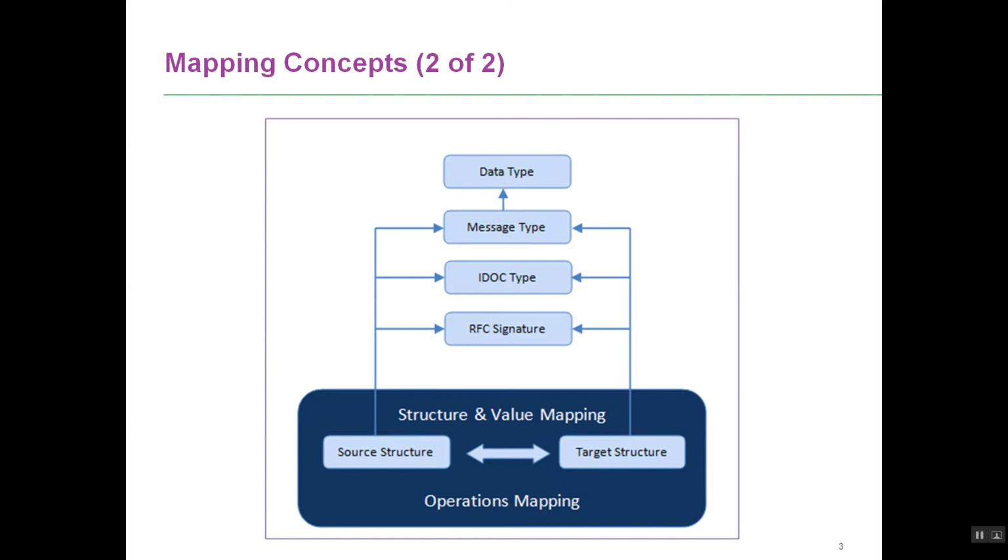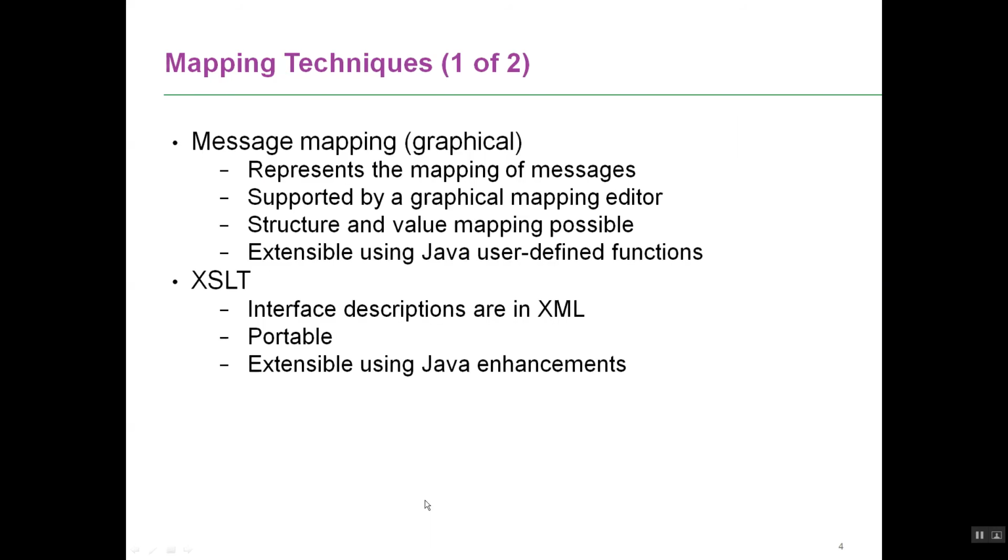If you remember the RFC to SOAP, HTTP to SOAP scenario that we built, we imported a WSDL and used that WSDL in our mapping. So you could always use an external definition of type WSDL, of type XSD, of type DTD in your mapping as well. So you will typically have a source structure and you will have a target structure. You perform your mapping, and your message mapping is in turn used by your operation mapping, right?